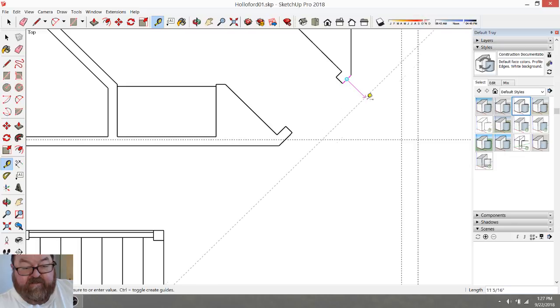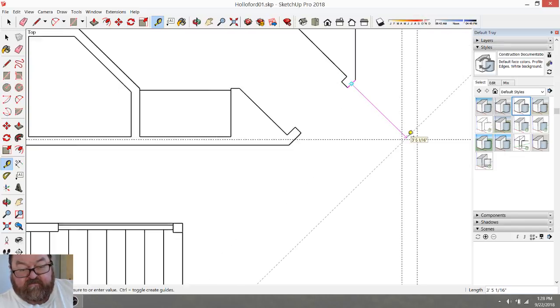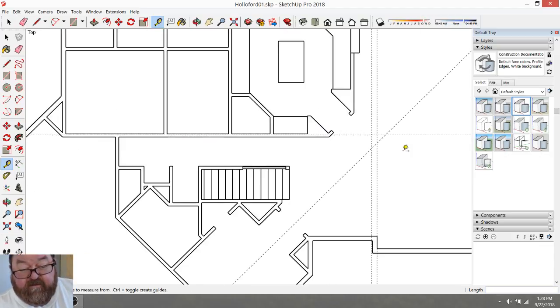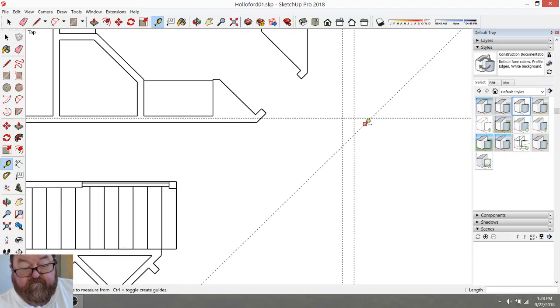That's a 45, so I can bring this across. It's going to be slightly arbitrary here. If you made this beam thing 12 inches wide,